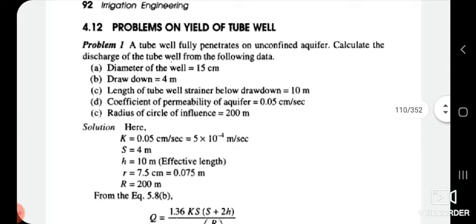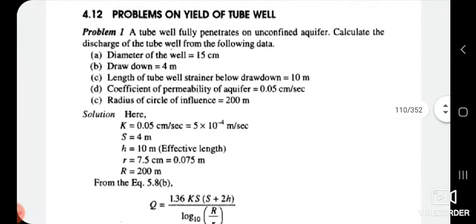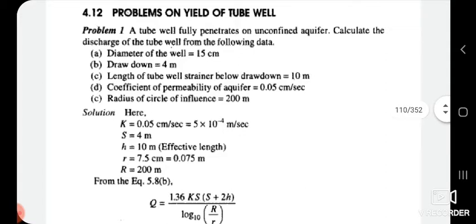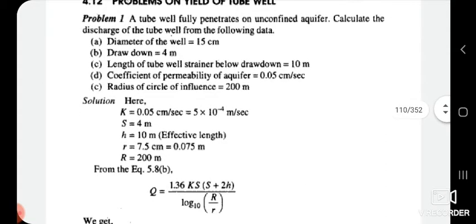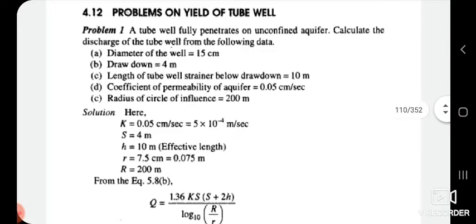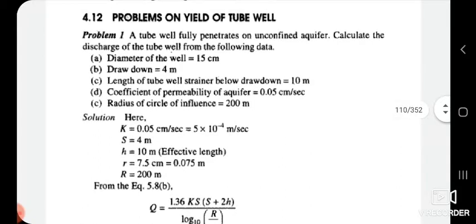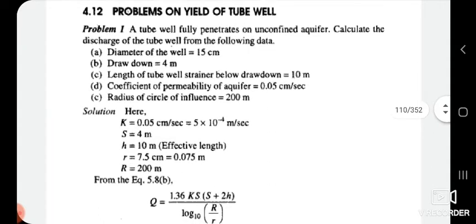Coefficient of permeability of aquifer is given as 0.05 centimeter per second, and the radius of circle of influence is equal to 200 meters. So again, beware of the units. Before that, kindly hold the video for a while and recall everything related to what is an unconfined aquifer, what is meant by drawdown, where exactly the length of the tube well strainer below the drawdown is, and what is meant by aquifer,